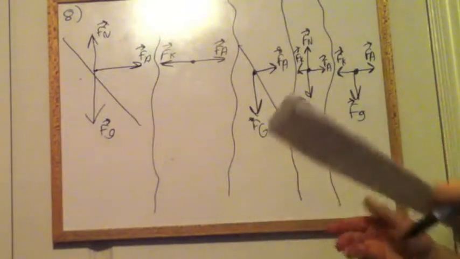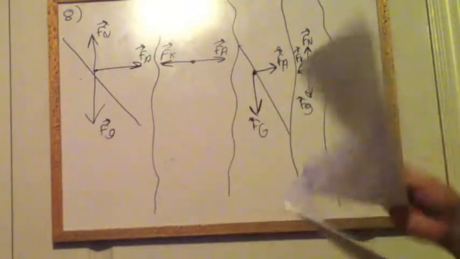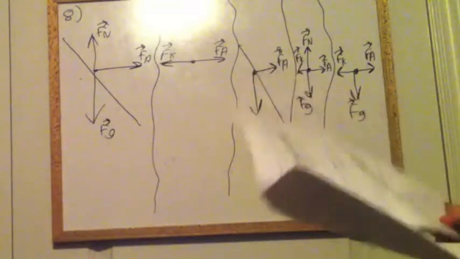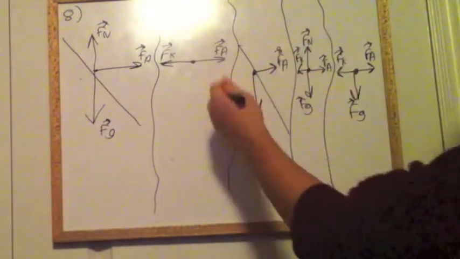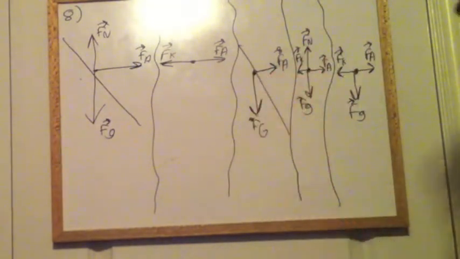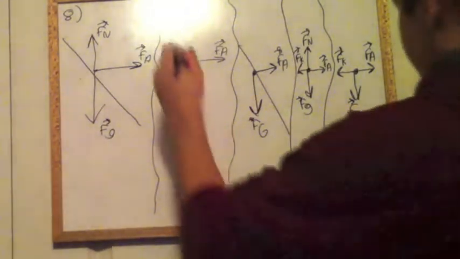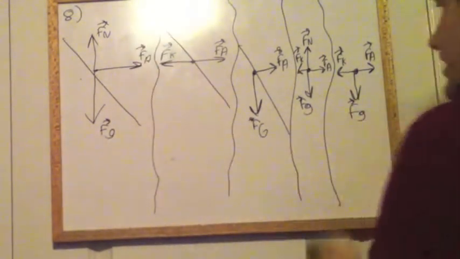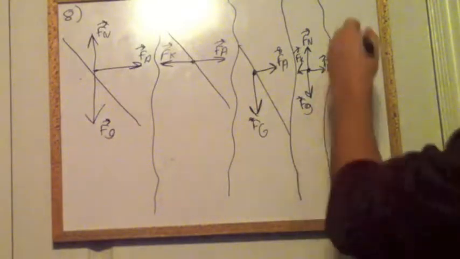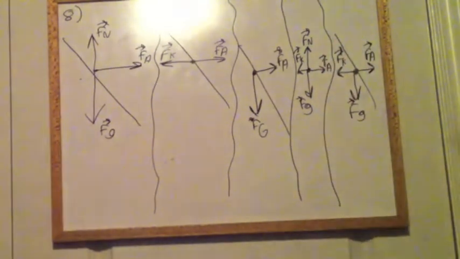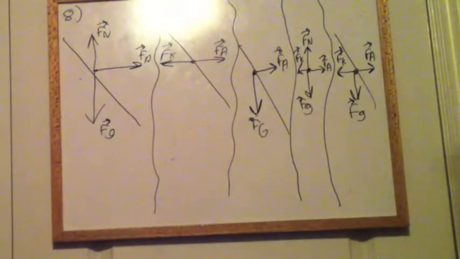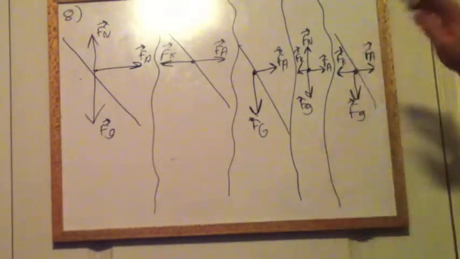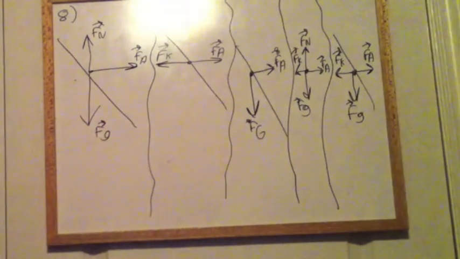Really obvious. As we said in, I guess it was question 4 on the previous page, about the whole what is shown on FBD. This one doesn't show any force of gravity or force of Fn, so we can go ahead and kick that one out too. Again, with this one, it doesn't show Fn either, so you can kick that one out too. The correct answer is whatever that one is. That would be D. And the reason being is that we have an Fn going up, Fg going down,